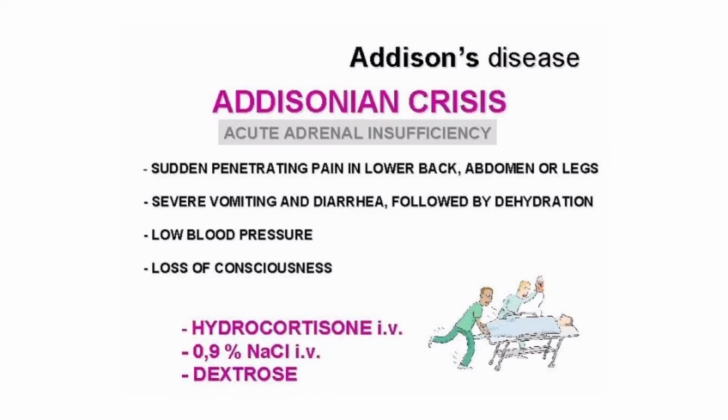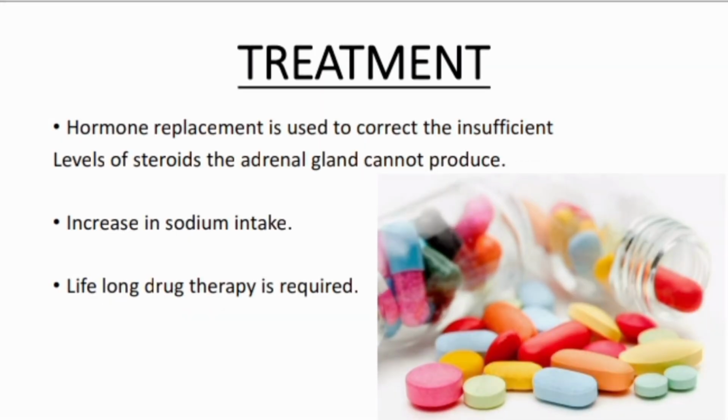To prevent this crisis, timely treatment is required so the patient can live a normal life. The treatment mainly includes hormone replacement to correct the insufficient levels of steroids, increased sodium intake, and lifelong drug therapy is required. This is it from our side,